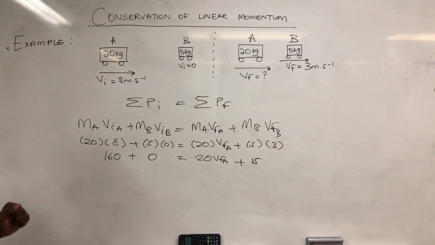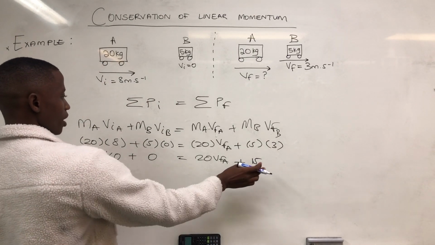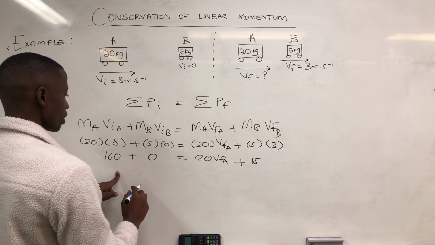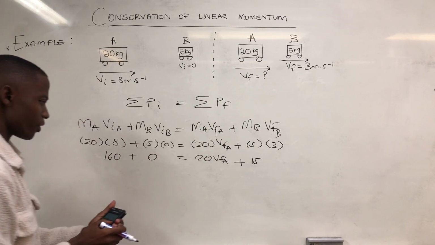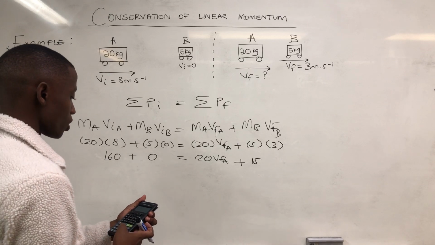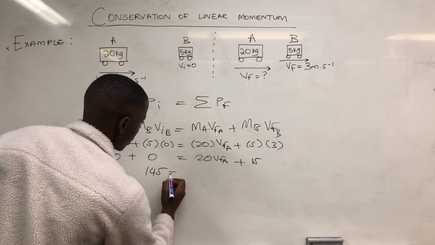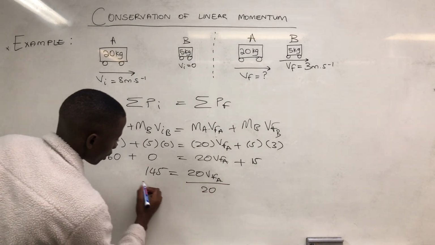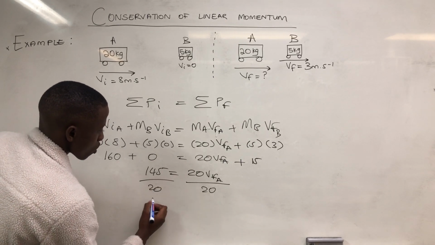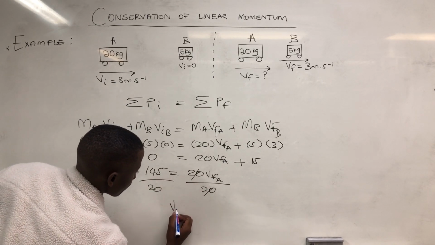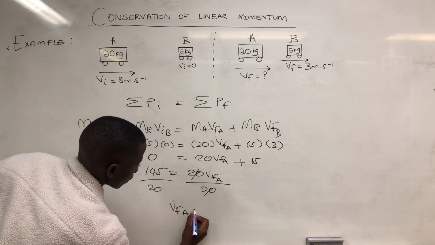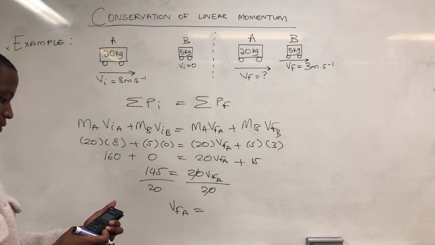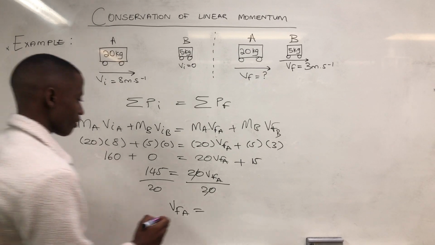What we have to do here: we have 160 here, so let's take 15 to this side so that we can solve for the final velocity of A. When you take 15 to this side, it's going to be minus. So 160 minus 15 is equal to 145. 145 is equal to 20 VFA. Divide by 20 so that you can calculate the unknown variable. This cancels this, and we're left with the final velocity of object A equal to 145 divided by 20, which is 7.25